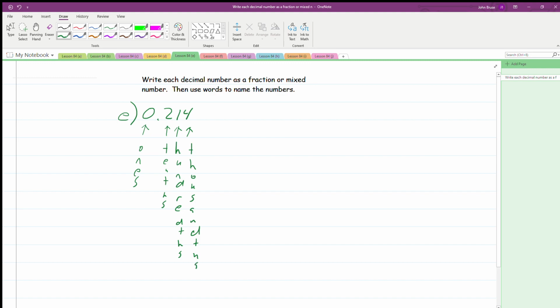All right, so it says to write it as a fraction or a mixed number, and then use words to name it. So we're going to do the fraction first. We know that it goes to the thousandths place, so we're going to write 1,000 for our denominator. And our numerator is going to be this number. So it's 214 thousandths. You can write that in word form just like it sounds. 214 thousandths. So in word form, it would be